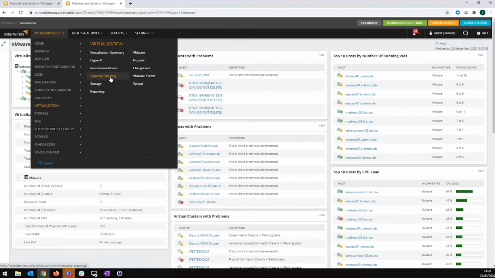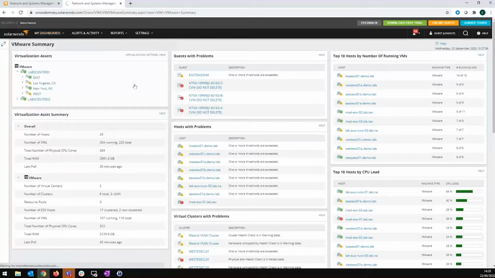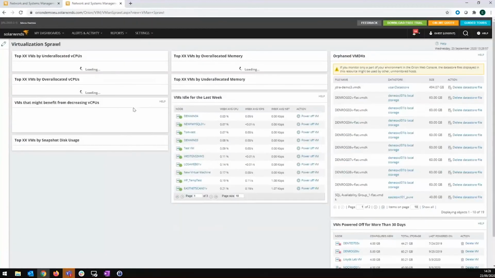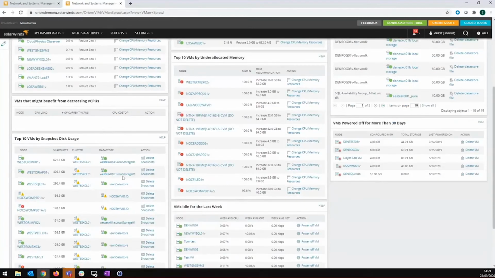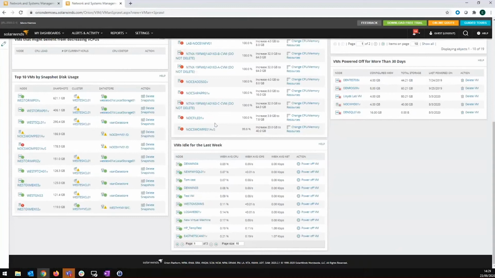And then the product starts giving you recommendations about optimizing your virtual resources, such as bubbling up information about resources which have too much virtual CPU and memory assigned to them, or virtual resources which do not have enough vCPUs or memory assigned to them. Also information about snapshot usage and so on and so forth.